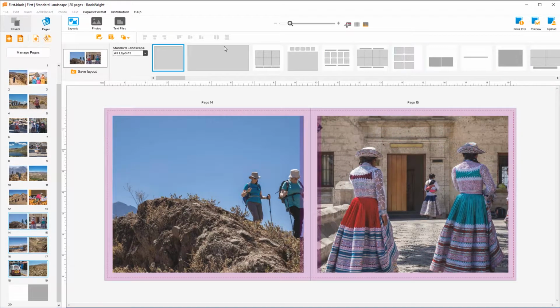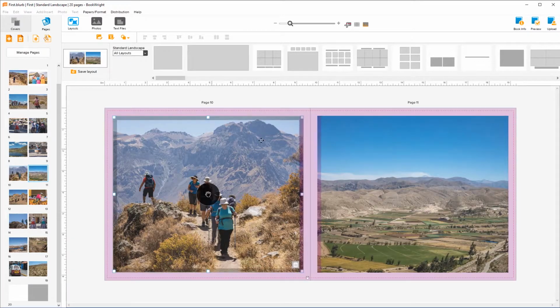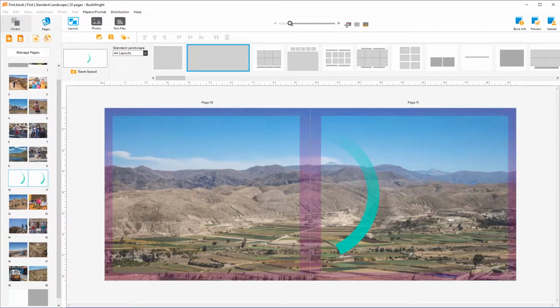There's a number of layouts across the top you can choose. You can have more than one photo per page. You can have a double page spread. Let's choose this one here, and let's see how that looks on a double page spread. And there we have it. That particular photo is spread right across, and I think that looks quite pleasing. You know, it works well with that landscape. It goes into the gutter and back out of the gutter in the center, but gives a very pleasing